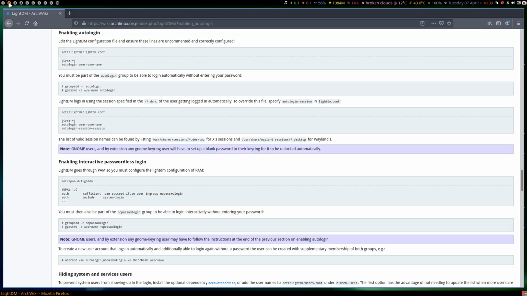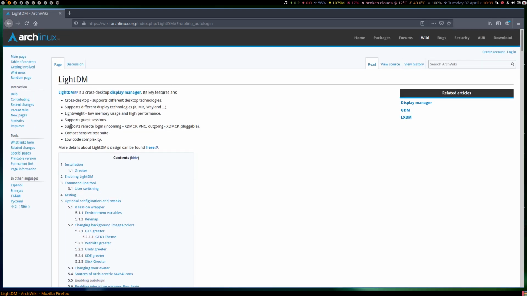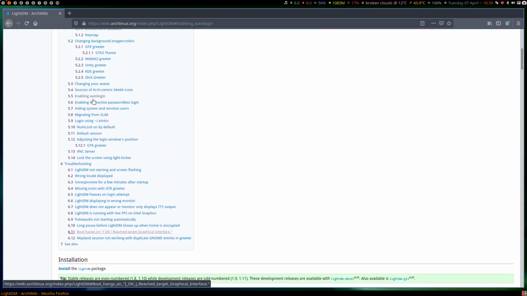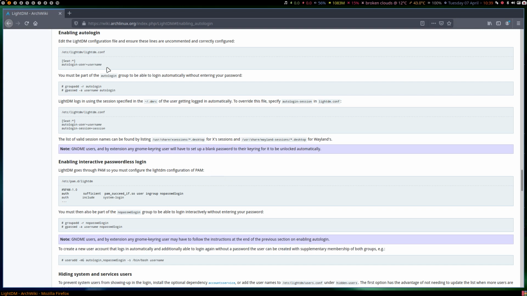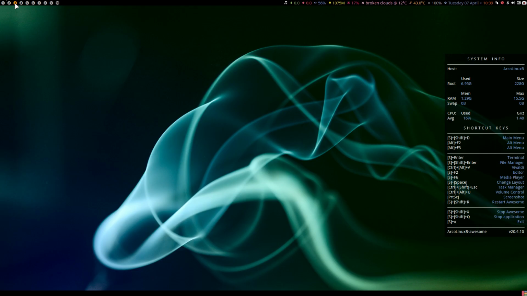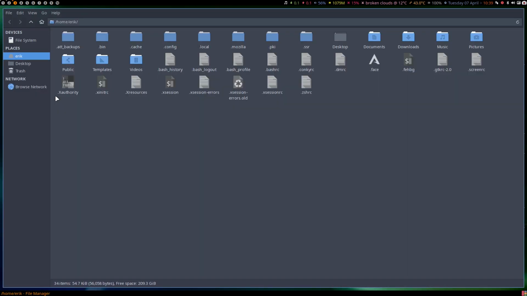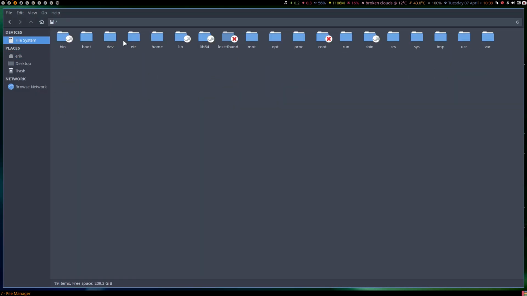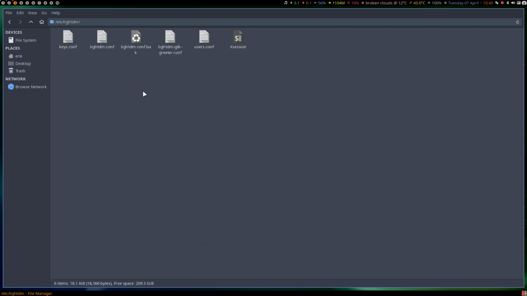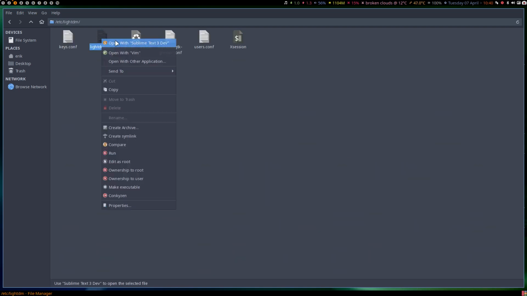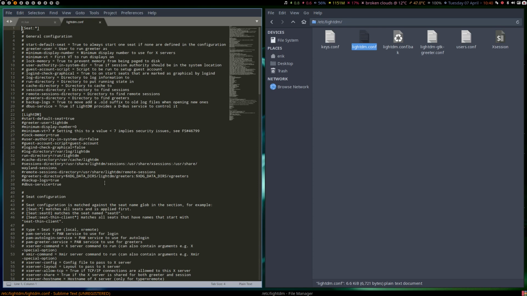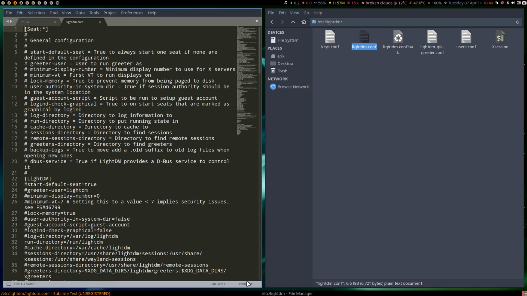Well, you read. You type in ArcoLinux wiki lightdm, and then you have here somewhere enabling auto-login, and that was where I was. It says here, edit the lightdm configuration to ensure and so on. Edit this little guy, auto-login. Okay, let's have a look. Super Shift Enter. File system, etc, lightdm, lightdm.conf, right mouse click, Sublime Text. Okay, that's cool. Rather big. Put it in Perl,